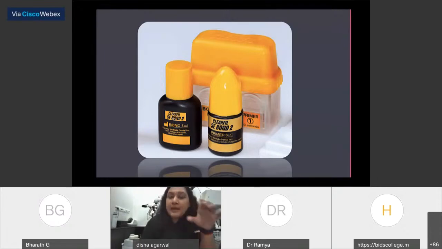Now this prime is a self-etching prime. It has an etch in it which is going to demineralize my dentine, penetrate into the smear layer, and create a good bond strength. So the first bottle, the primer bottle, this was one of the first bonding agents. Kuraray was one of the first companies which actually also created